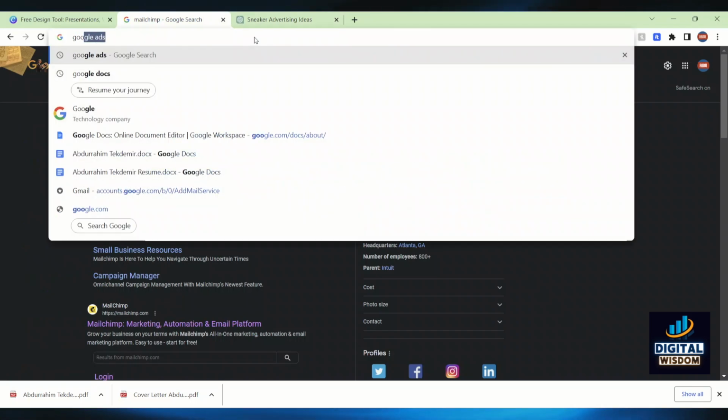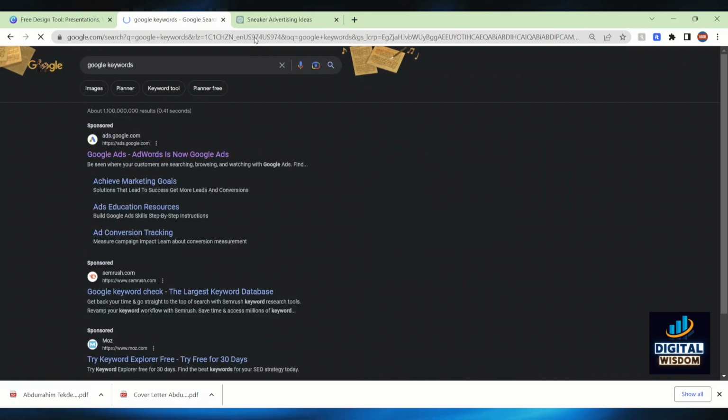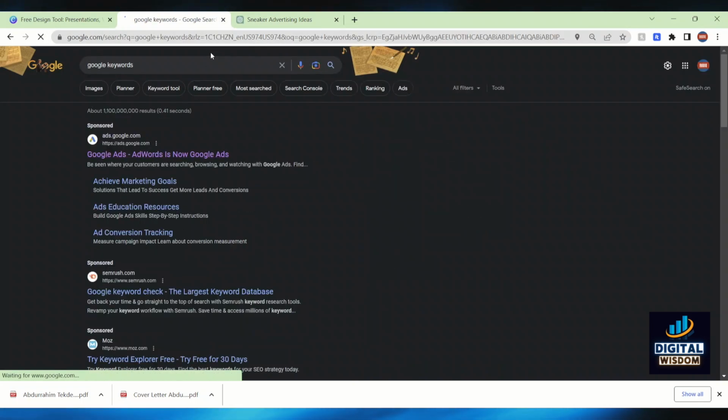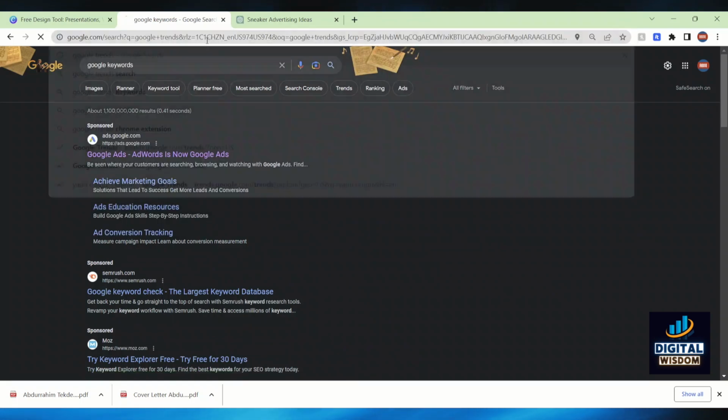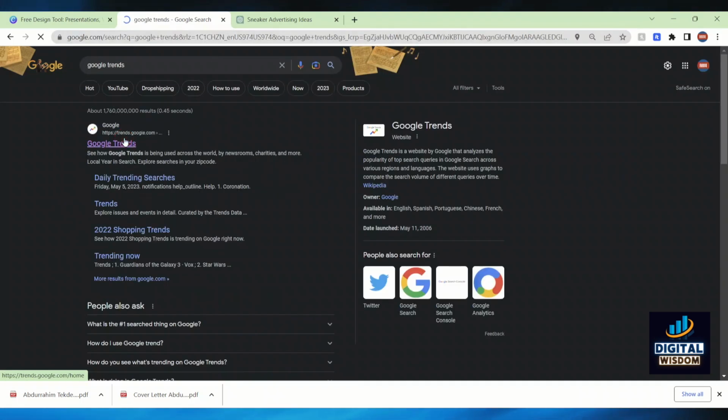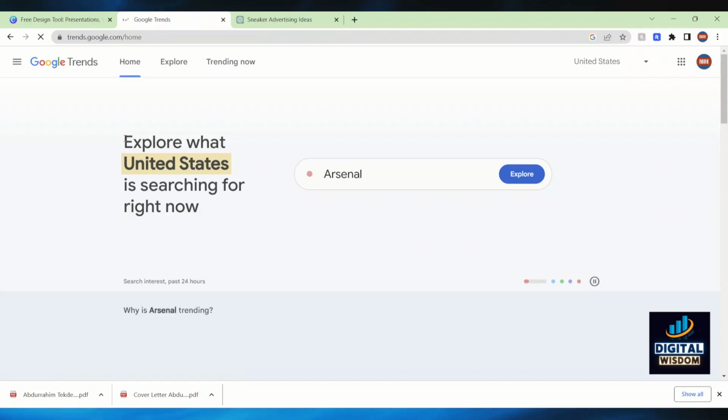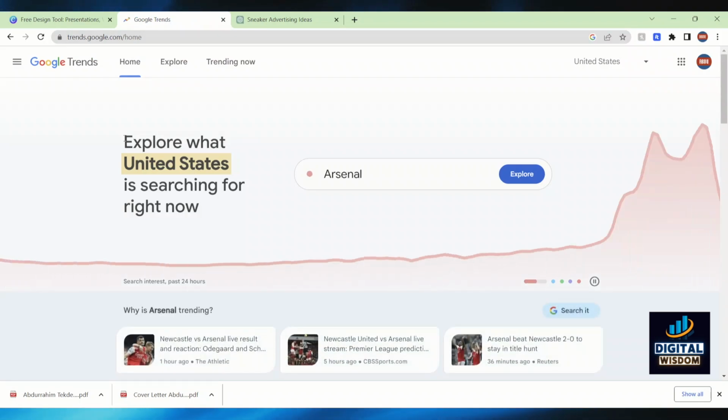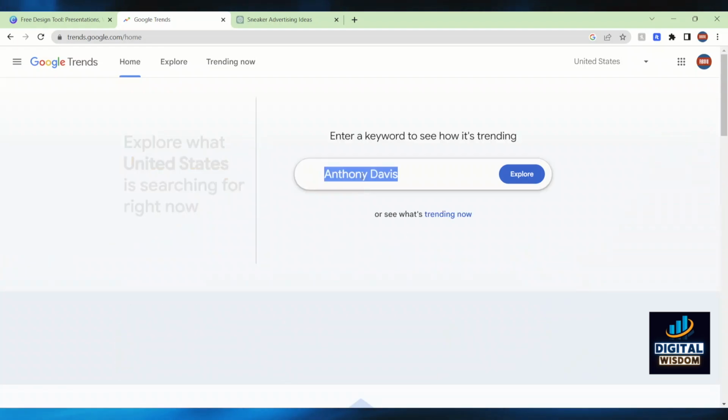You can use Google keywords and search up what keywords are being used. You can also use Google Trends, which is an easy tool to do your marketing. So the marketing industry is growing every single day, and you can literally use Google Ads. You can use every kind of thing to make money. However, you gotta be careful because your clients probably know that you're going to be using Google Trends, but you need to make sure that you provide something better than the other people.